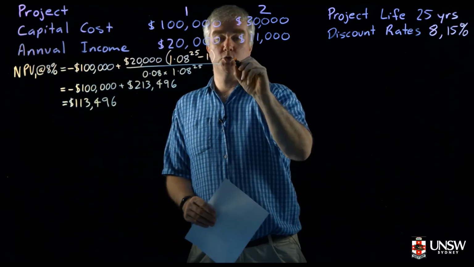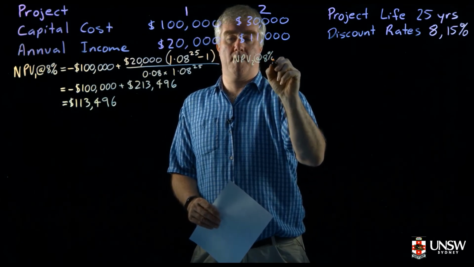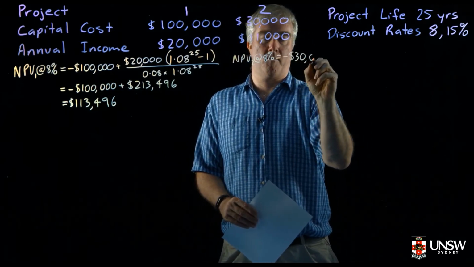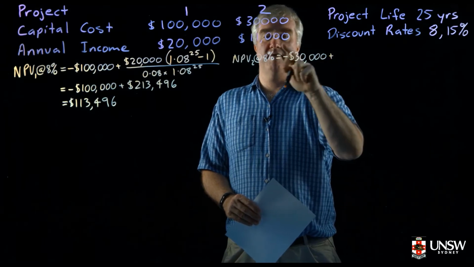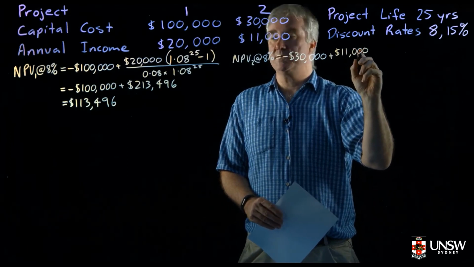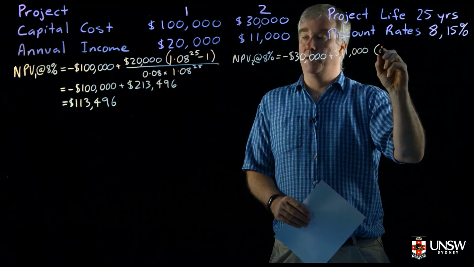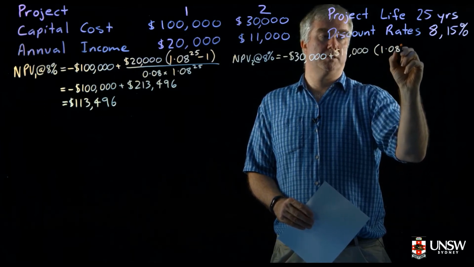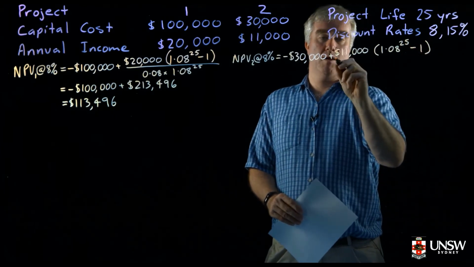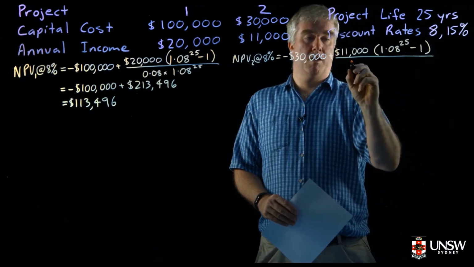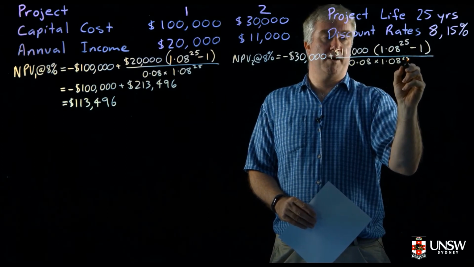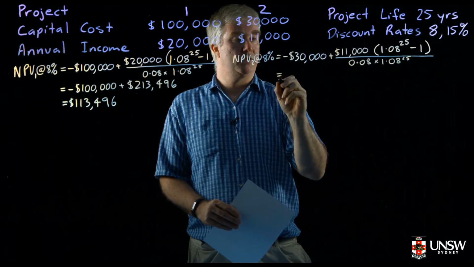What about project 2 at 8%? Well, in this case, our capital cost is smaller. It's only $30,000. Plus, we have the income of the $11,000 times its conversion factor, which is 1.08 to the power of 25 minus 1, all divided by 0.08 times 1.08 to the power of 25, which is equal to